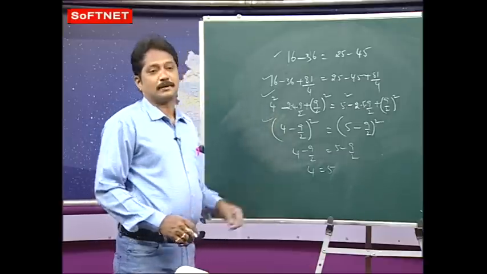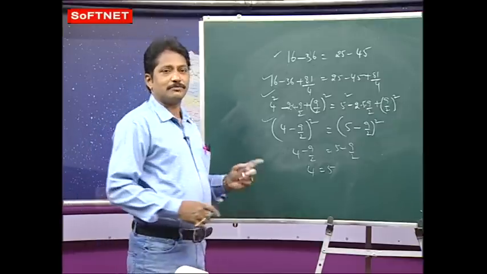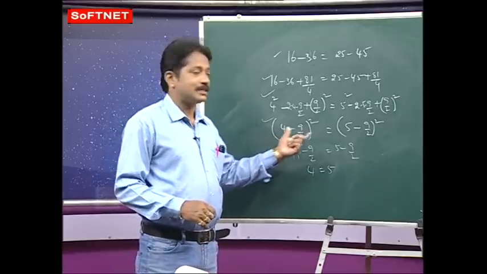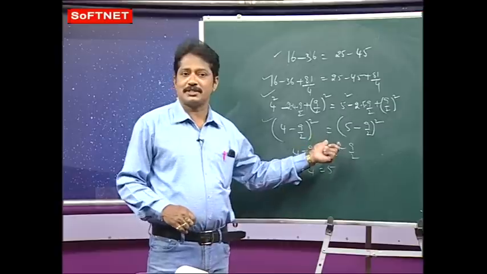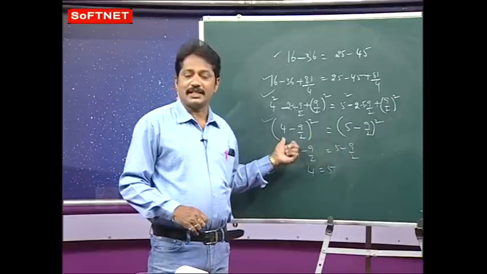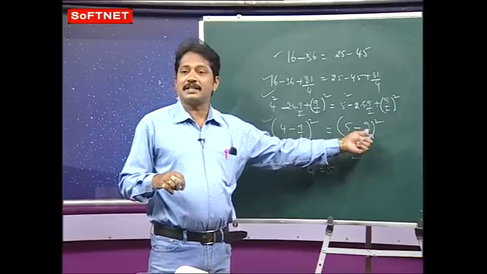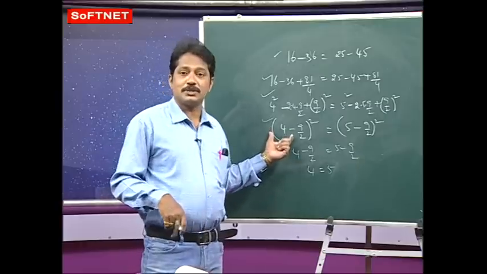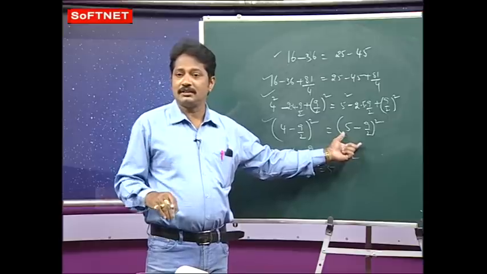Fifth step is wrong. The maximum people will say when a square equals b square, then a equals b. 4 minus 9 by 2 whole square equals 5 minus 9 by 2 whole square. What is 4 minus 9 by 2? It is minus 1 by 2. 5 minus 9 by 2, it is plus 1 by 2. It is minus 1 by 2 whole square, this is plus 1 by 2 whole square, meaning those are not equal,